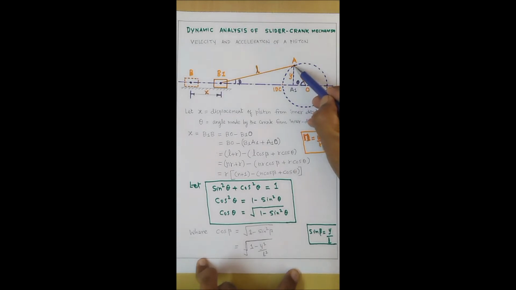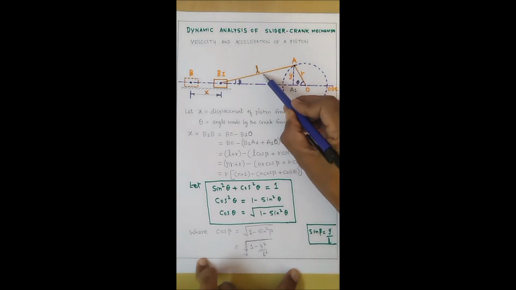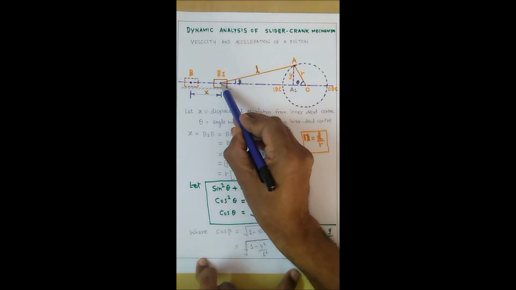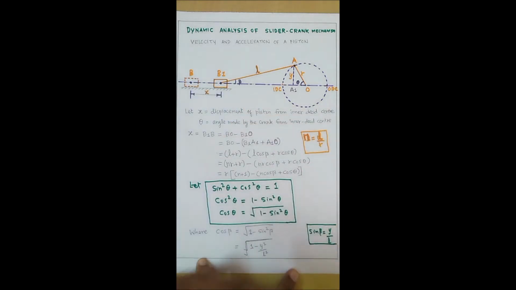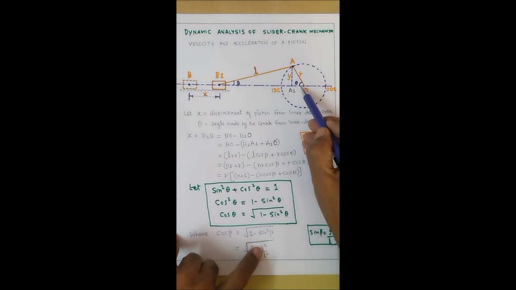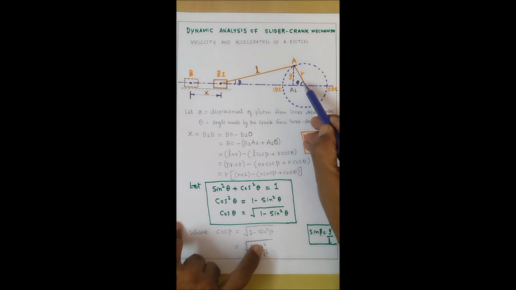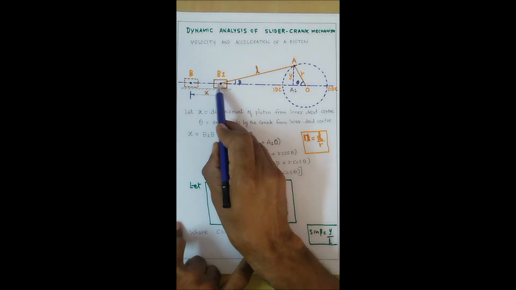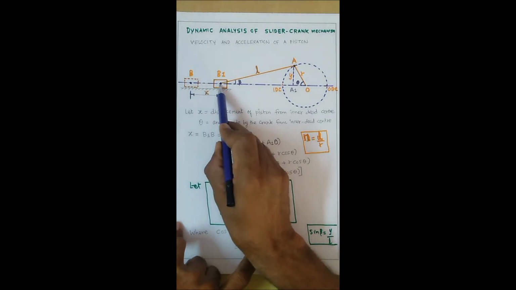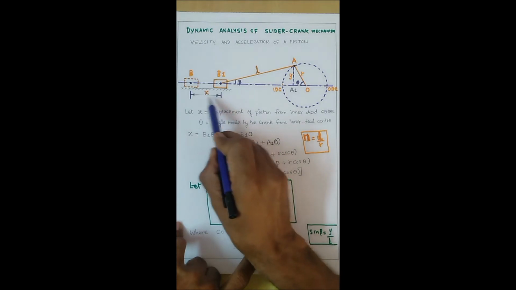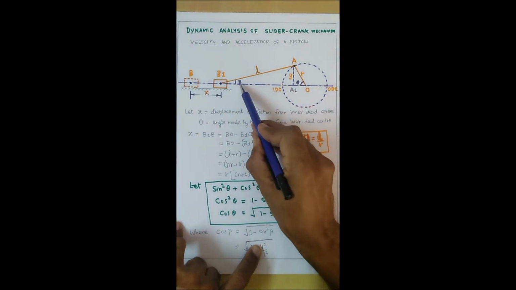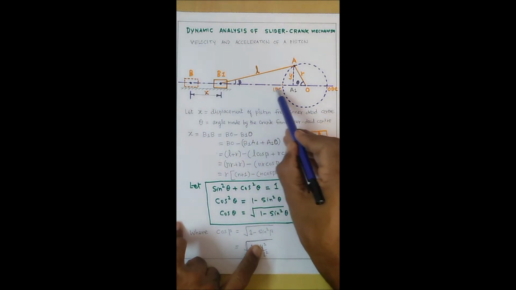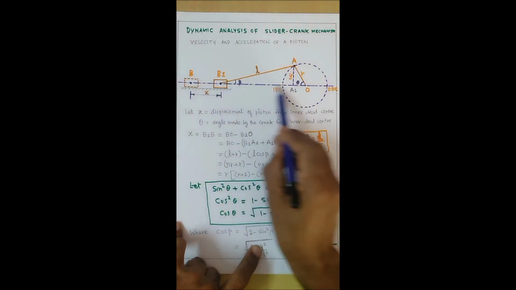At point A, the connecting rod, that is L, is connected at one end. The other end is connected with the cylinder. Here, this is P1. For the theta movement, the piston is moving from B to B1 or B1 to B. The displacement is X. This is beta. So beta is the angle made by this connecting rod with the horizontal axis. That is the line of stroke of the piston.